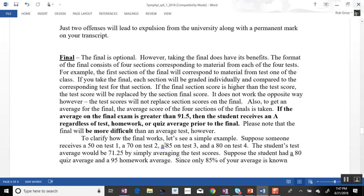Let me just say something about a couple more things, and then I'm done with this syllabus. It's kind of long. So one thing is the final. The final is optional, right? So basically the idea is you try to get an A on the test. Then you're done. After the 4th test, you're done, which is actually before Thanksgiving, technically. You take the test before Thanksgiving, which is good because then you can study for other tests